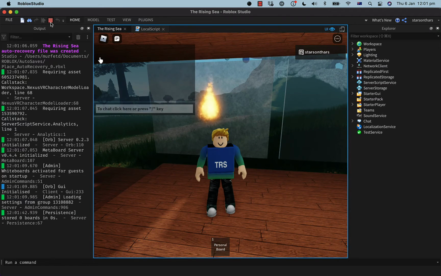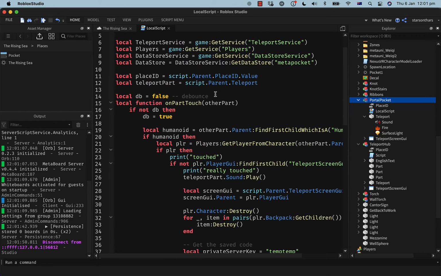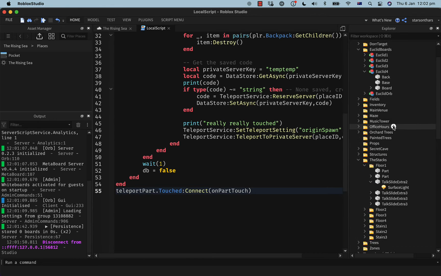Okay. Can I just not do a touched event on a local in the local script? Oh, I thought that's where you had to do it. No, it works in a server script. Is this local script not being executed because it's not parented to anything meaningful? It's in the workspace. I think that's the reason.